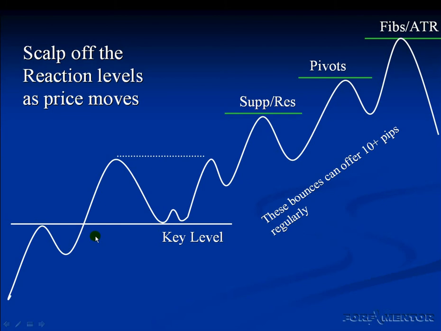Just to review for you, we want to scalp off the reaction levels. So assuming a price swing and we have a rally here, we have a level of resistance which becomes support. Price typically will react off this level, and as price moves up, look for the market to bounce off resistance, and then as it pulls back, have your Fibonacci levels established so you can watch where the price may bounce